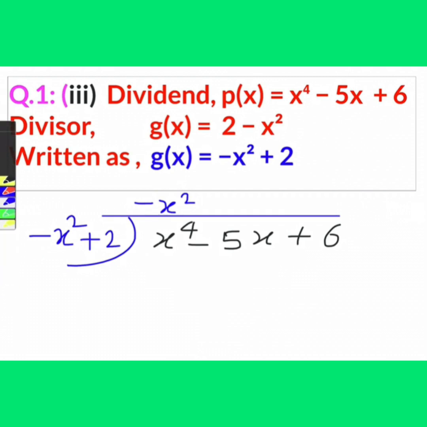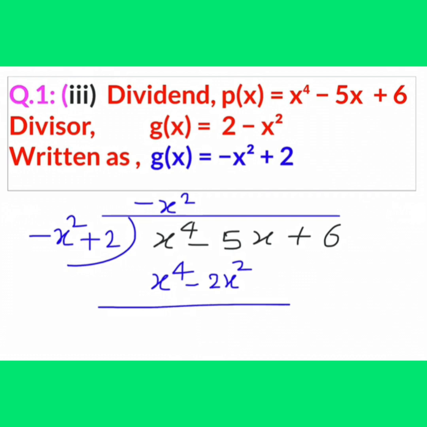सो माइनस एंड माइनस डियर प्लस. हियर यू विल राइट प्लस and x square into x square, so it is x raised to the power of 4 and then minus x square into plus 2, so minus and plus minus, and x square and 2 is, so you will write minus 2x square, minus 2x square. After that change the sign, it is dear minus and this is dear plus. So what you will get, this is cancelled out because same opposite sign.